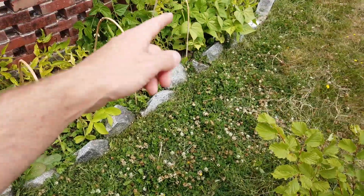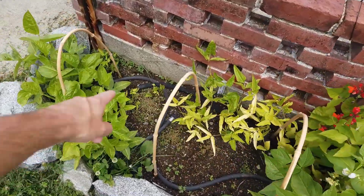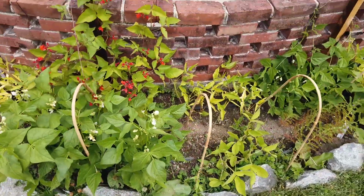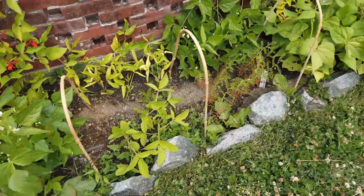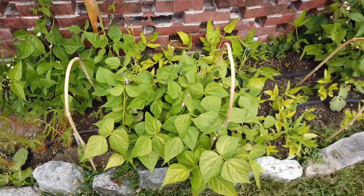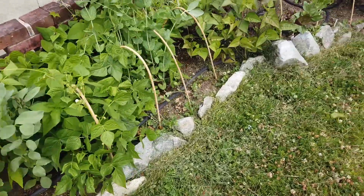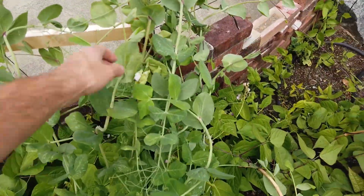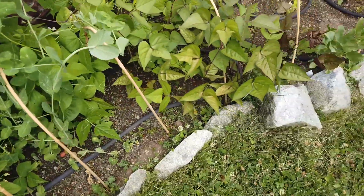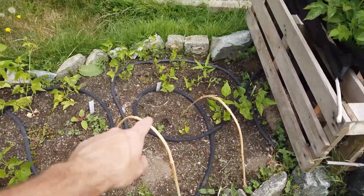I've got dozens of different types of beans, as you can see here. The one I'm most interested in is this little one down here, which is a Japanese winged bean. So my runners are starting to go up the trellis here, which is nice. The only one with different leaves is this one, which is a black garbanzo. Everyone else here has kind of normalish leaves, and this one wasn't supposed to be this tall. It's already grabbing the trellis. You can see it's a nice purple bean pod. So yeah, a lot of interesting stuff here, and some cat has been getting in my yard, which is not